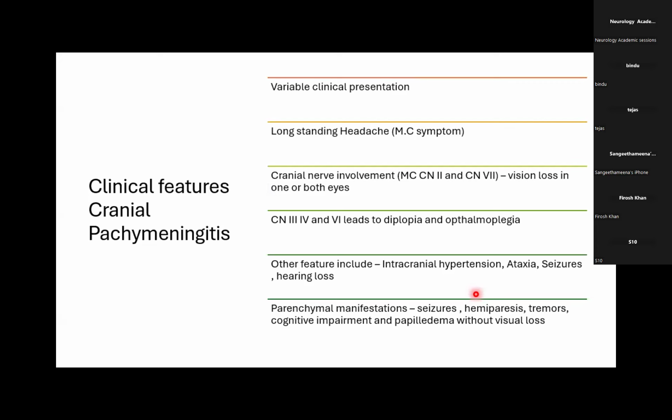The clinical features of cranial pachymeningitis are variable. Long-standing headache is the most common symptom. Cranial nerve involvement, most commonly the second cranial nerve, leads to vision loss in one or both eyes, and the seventh cranial nerve may also be involved. Third, fourth, and sixth cranial nerve involvement leads to diplopia and ophthalmoplegia. Other features include intracranial hypertension, ataxia, seizures, and parenchymal manifestations, hemiparesis, tremors, cognitive impairment, and papilledema can occur without visual